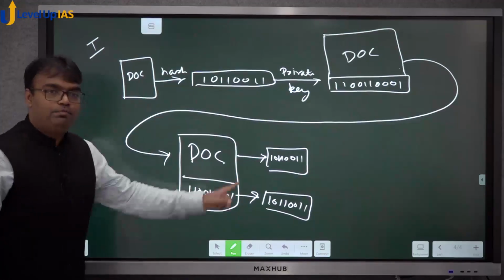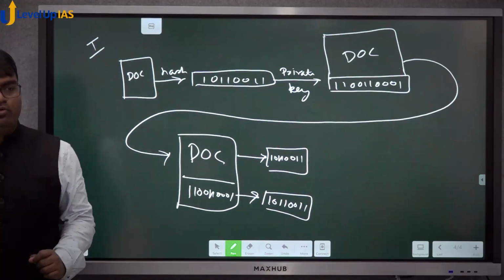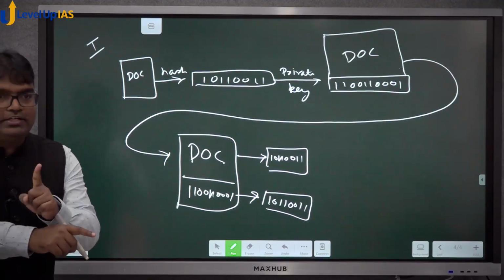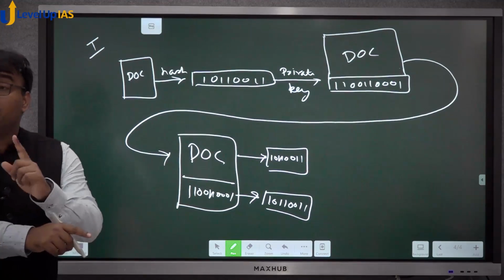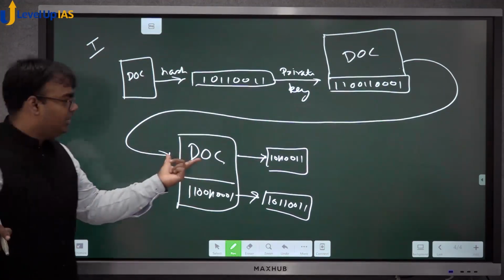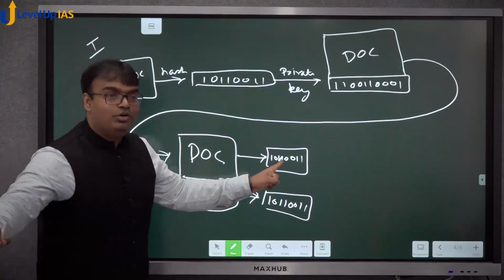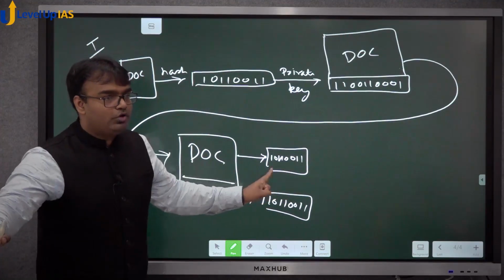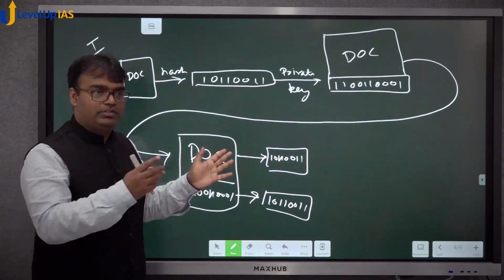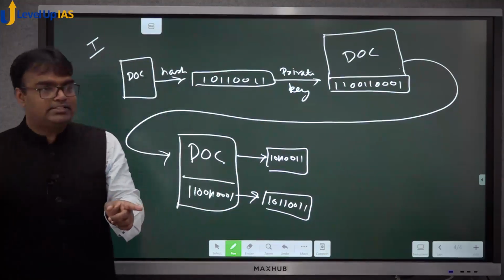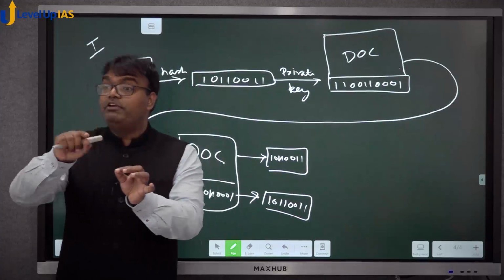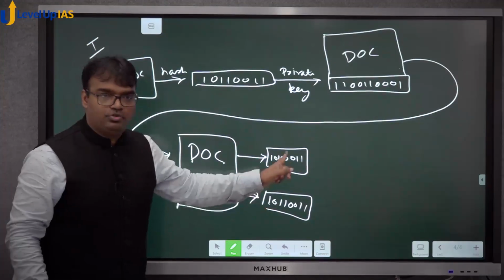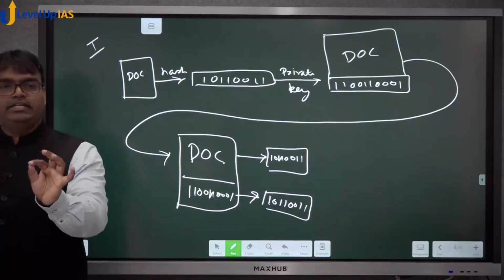10110011. If both these things are same, then no one has tampered with the message, it has come from me, because only I have the private key, only I could have sent it, and the message has not been tampered. Because if the doc would have been tampered, then I would not have got this hash, because that particular document has given me that hash. Some tampering with the document would have given me some other hash. So by hashing this and decrypting this, if the message that comes out is the same, then authenticity as well as